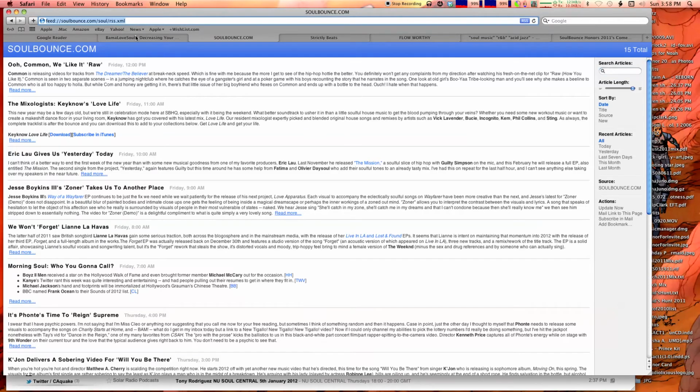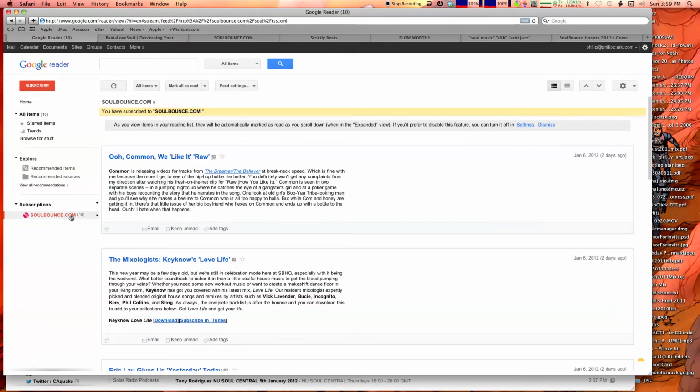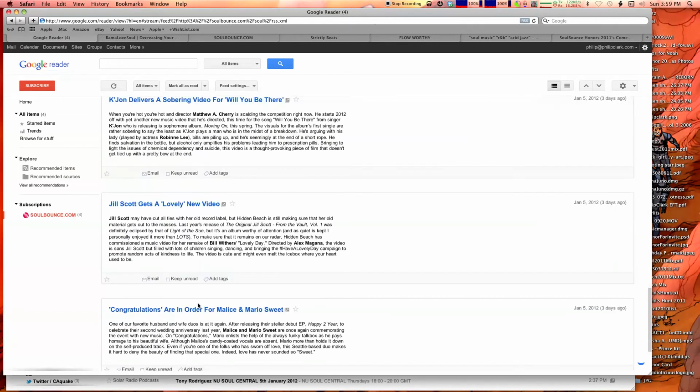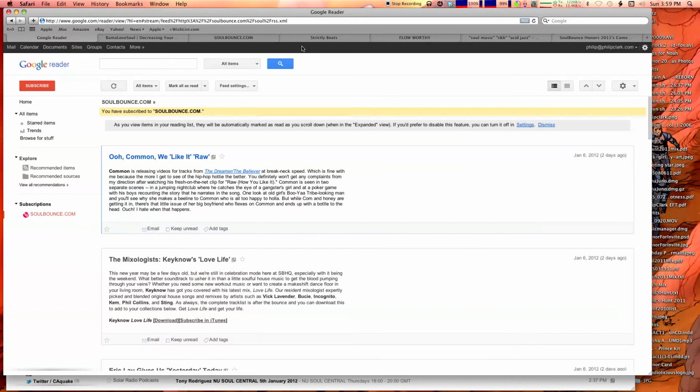Basically, we want to copy that. We want to go over to Google Reader, and we want to hit subscribe and paste that address in the subscription and add it. That's one way of doing it. You'll see that our Soul Bounce feed has come up. If we scroll down, we see basically all the news postings that this blog has posted on different releases for Soul Bounce. If I go back over to the site,